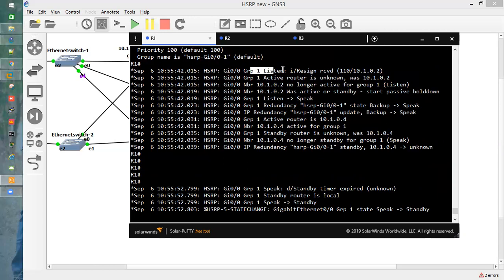So R1 was in listen state initially. When we brought down the interface on R2, they sent hello messages again, and from listen it went to the speak event, then the state backup speak.